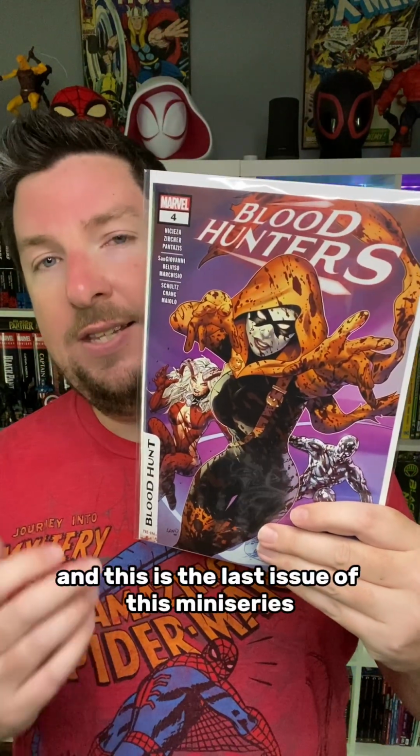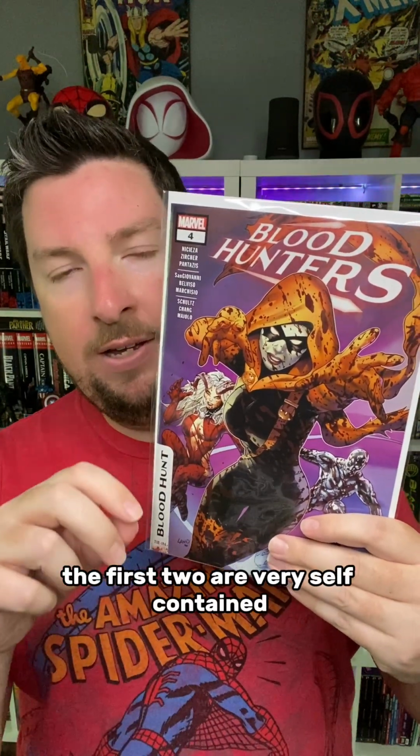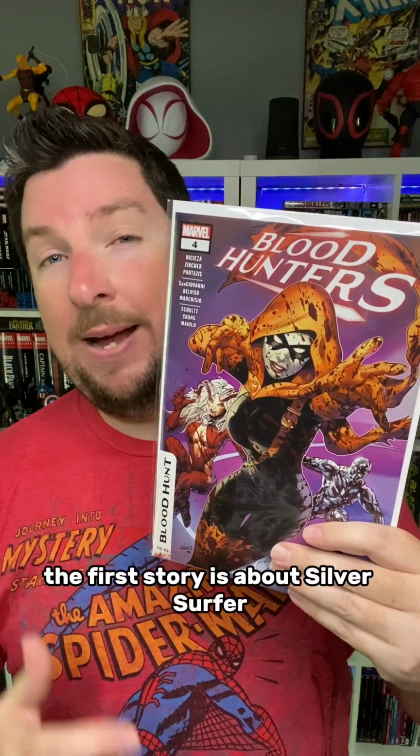And then last is Blood Hunters #4, and this is the last issue of this miniseries. Just like all of the other issues of Blood Hunters, there are 3 stories in this. The first 2 are very self-contained, one-and-done stories, and then the last story is the one that connects to all the other books. The first story is about Silver Surfer, and it's written by Fabian Nicieza, and the art is